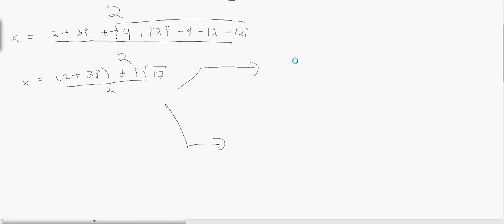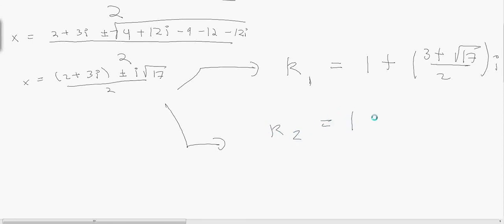You can either have root 1 be 1 plus (3 plus rad 17) over 2 times i, or root 2 could be 1 plus (3 minus rad 17) over 2